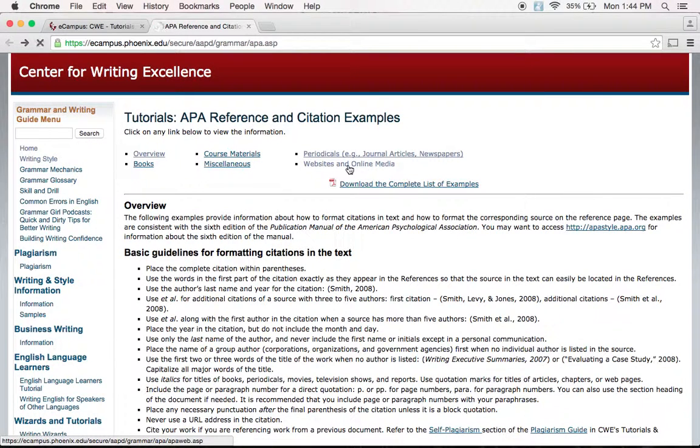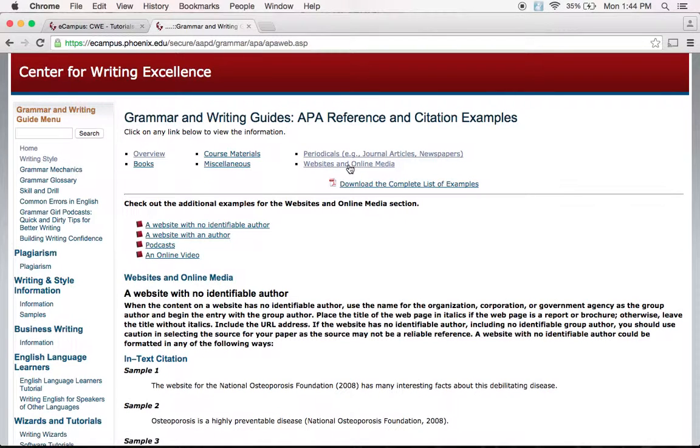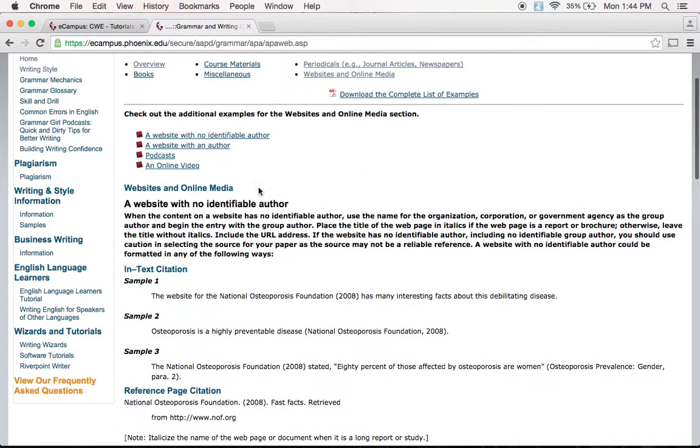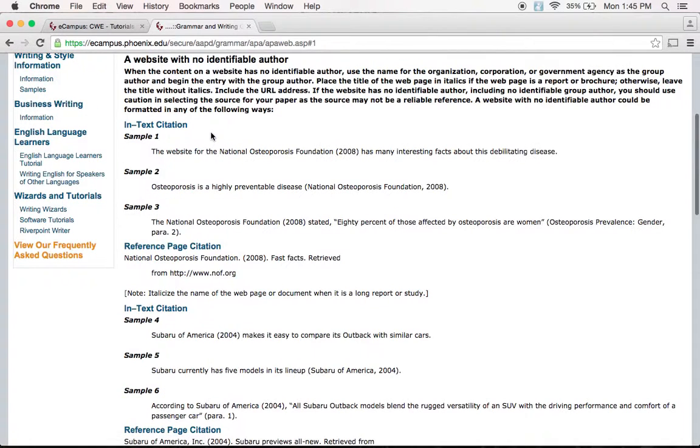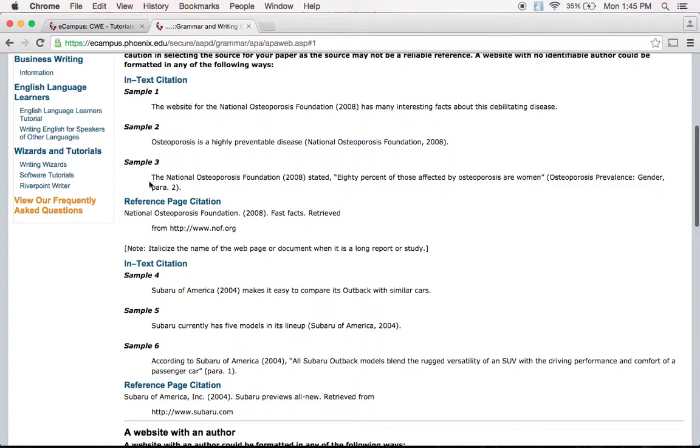Okay, another type of thing that people are going to be using is websites. So let's just take a look. Remember, we're not doing in-text citations right now. We're doing reference page citations. So look down. A lot of times we're not going to have an author's name there. We're going to have a different way to do this. A different thing is coming first. Okay. In this case, we have the name of the website, then the year, and then the name of the article or the web page itself.